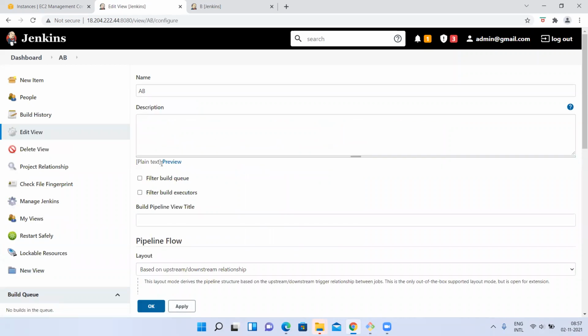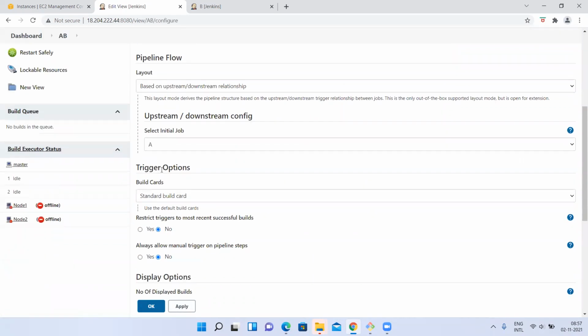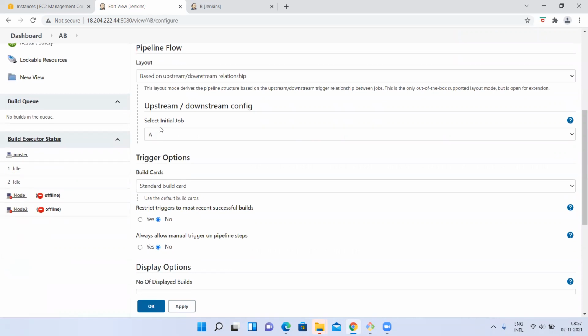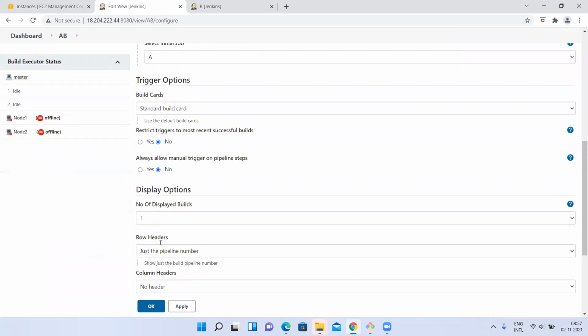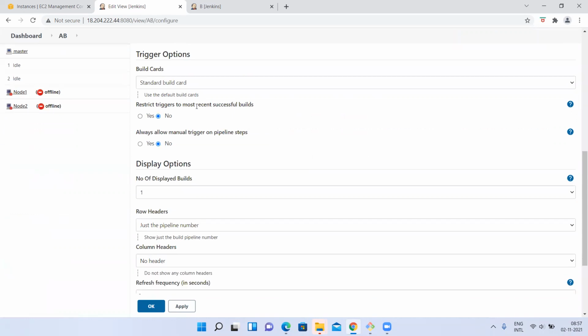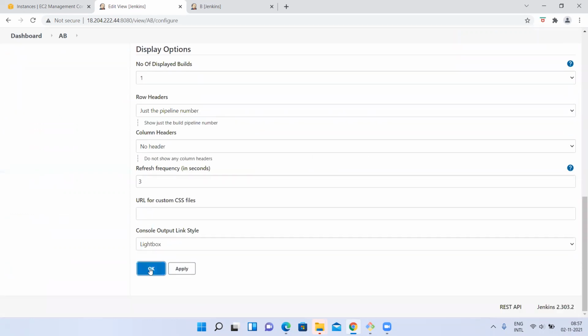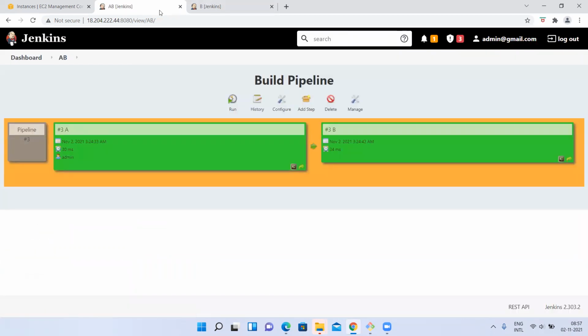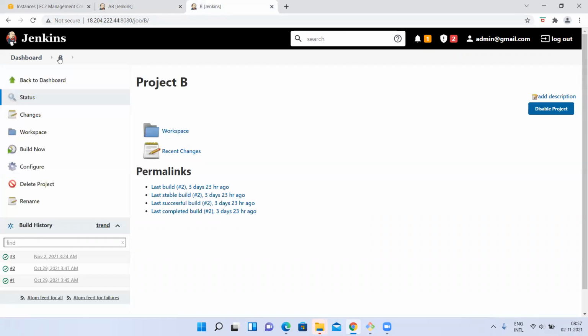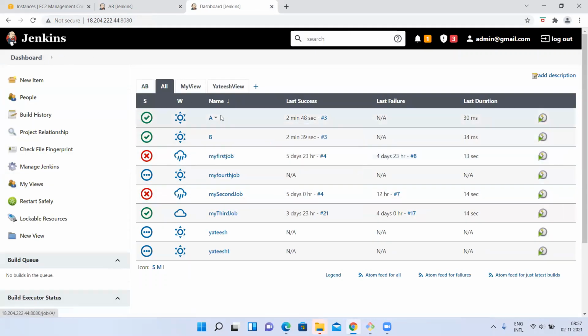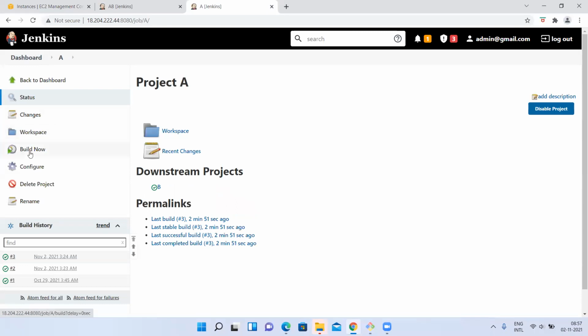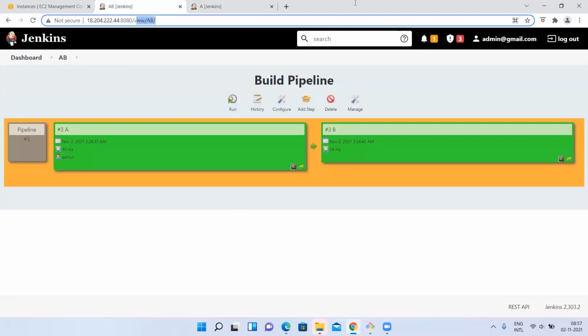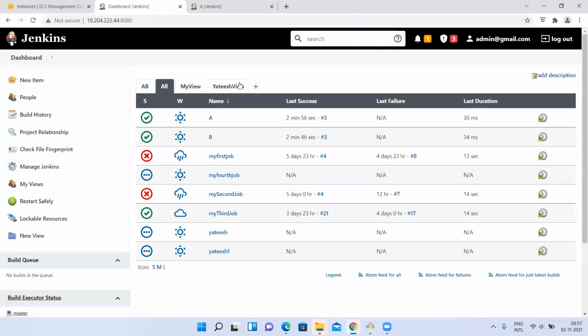So here I'm going to select description, filter, everything you can give. Select initial job. What is that? Upstream, the initial job, A, right? So now these are the options. You can read about restrictive and these other options. But let me show you the plugin concept here. When you are in this view, for example, I'll go here and trigger a job, right? Where is that pipeline view job?